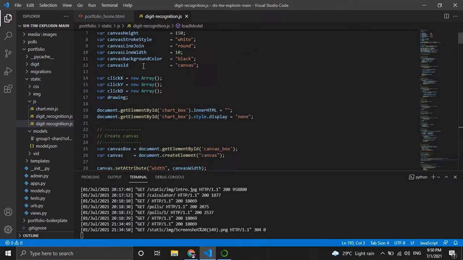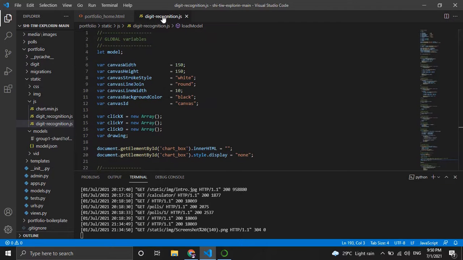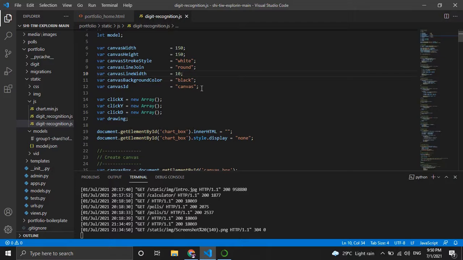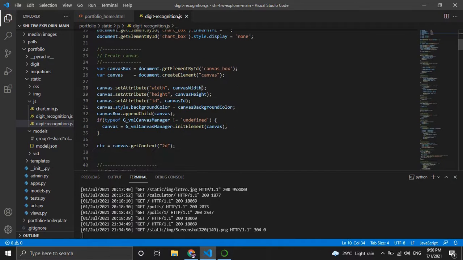So this is the JS file which is going to predict the values. As we can see, the blackboard is 150 cross 150 in size, and these are its dimensions. We are going to draw with white, and the color of the blackboard is black. All those things are noted down here.